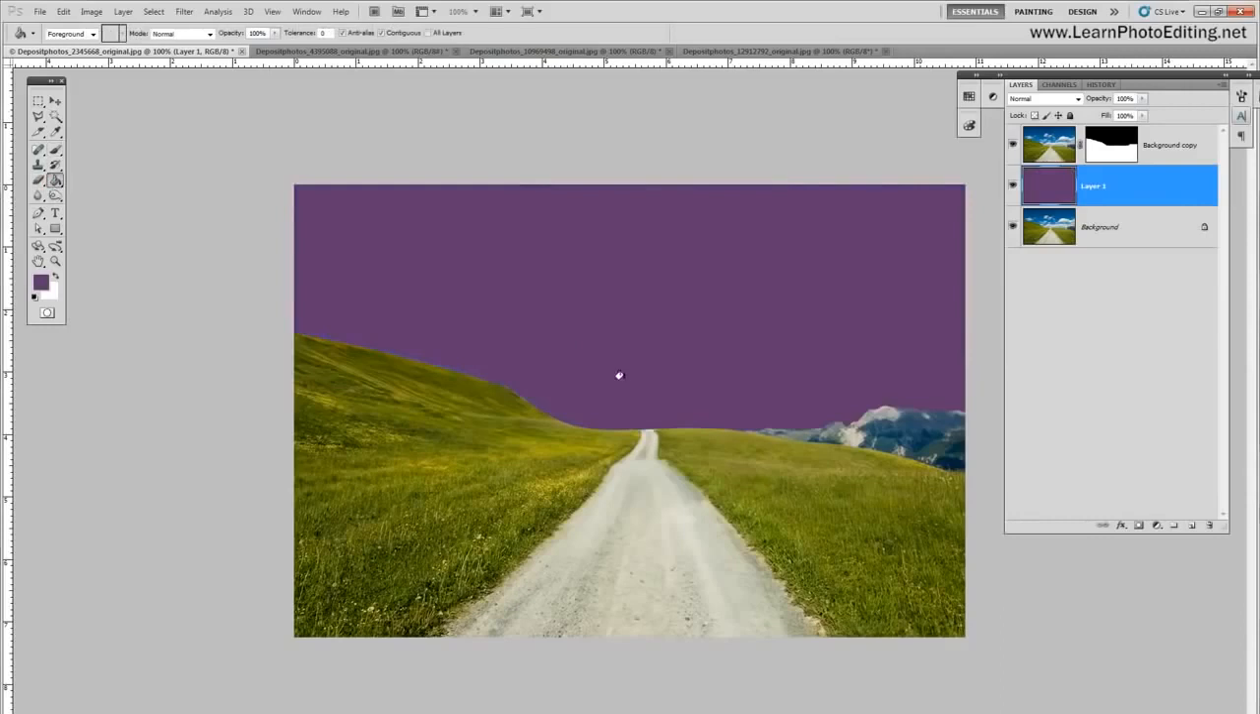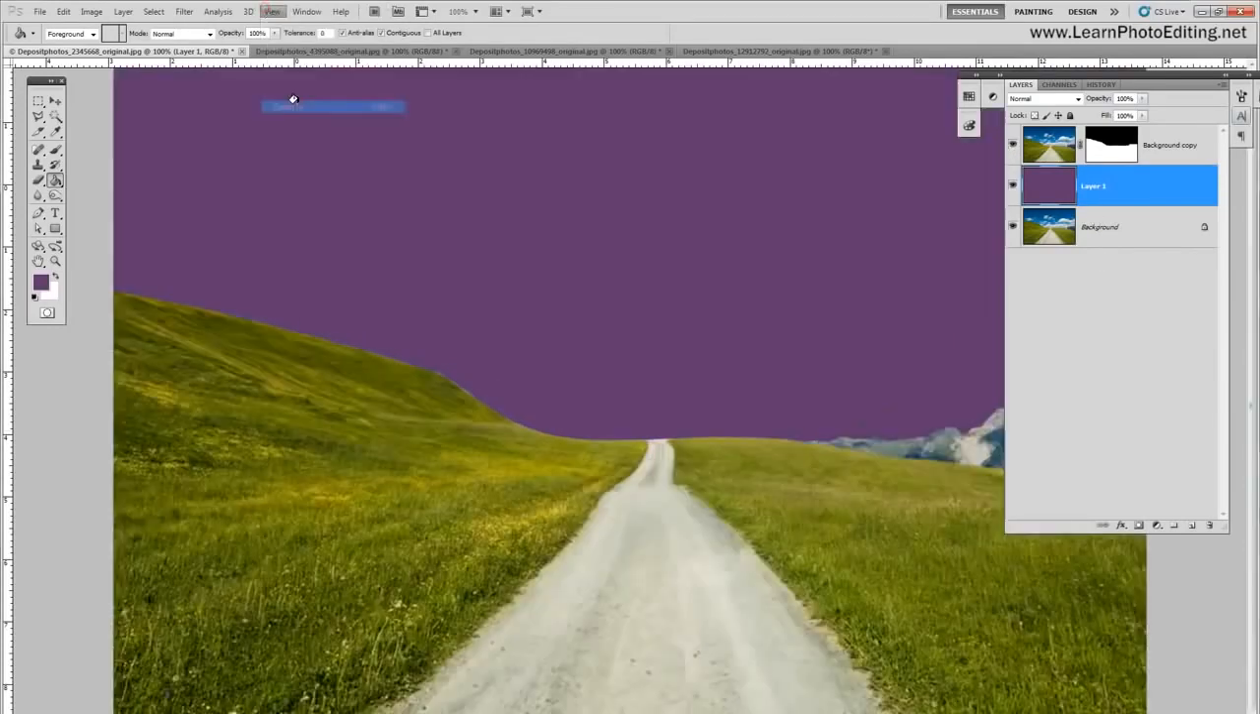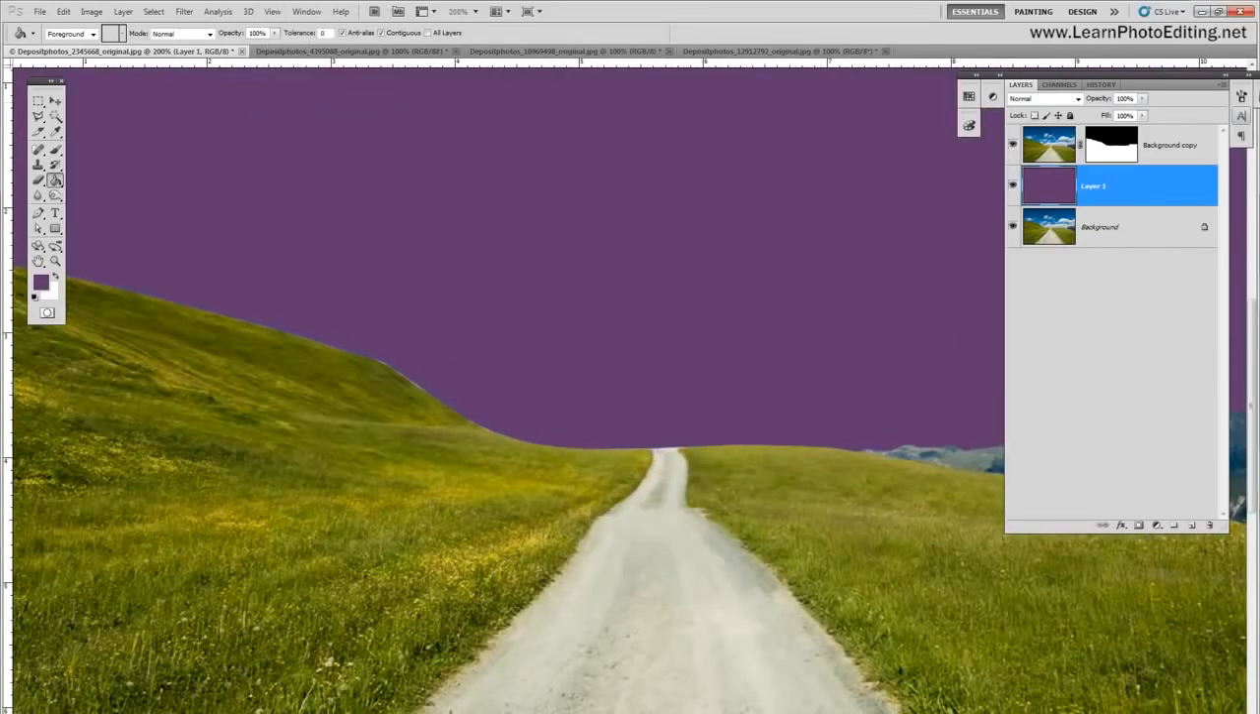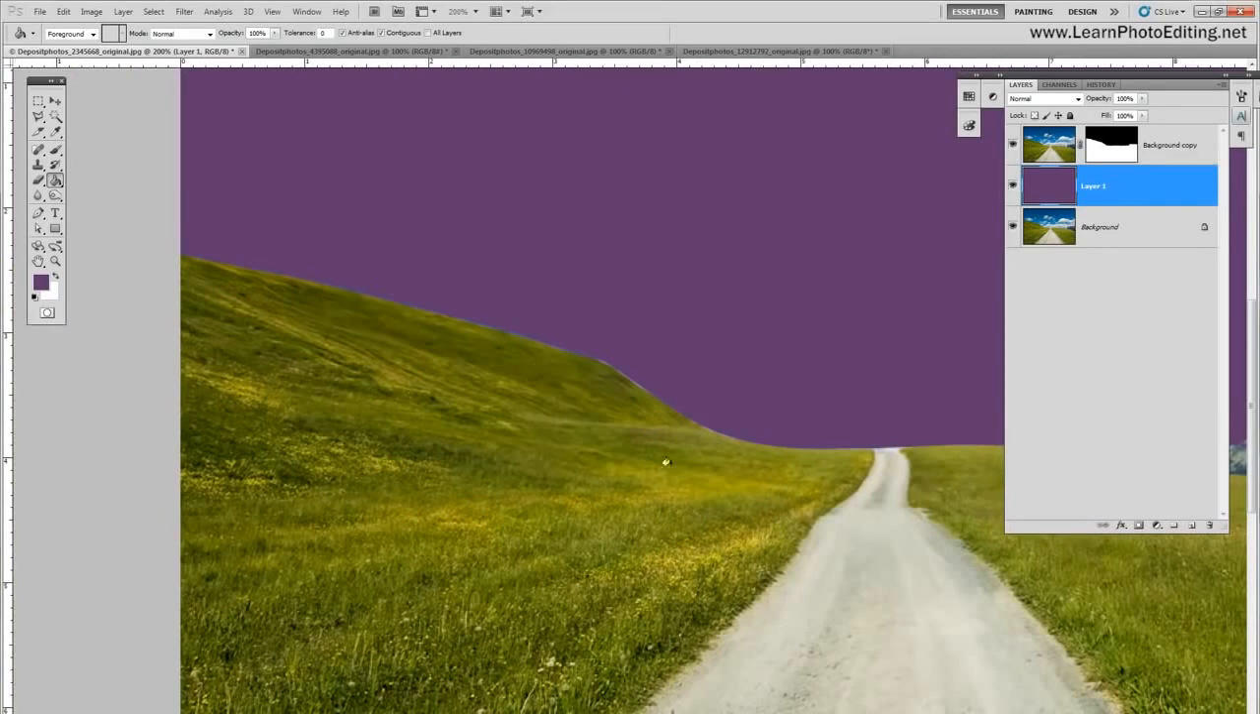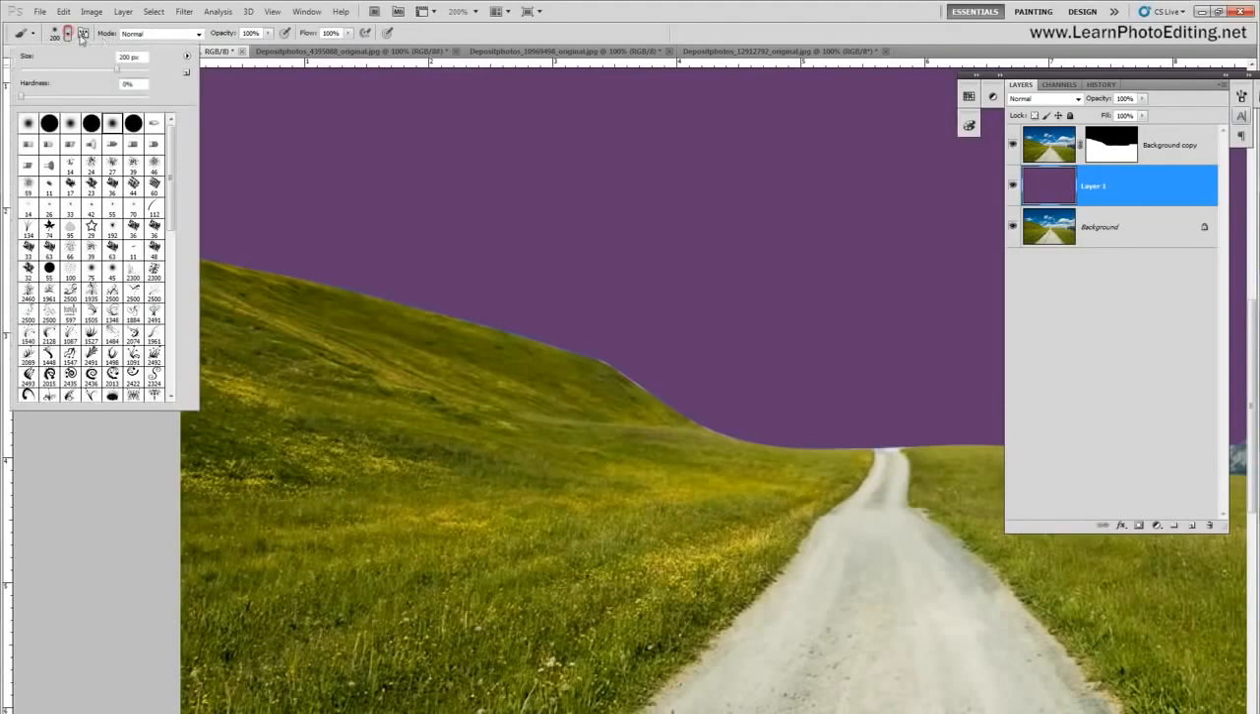And so you can see here, this is the job I have done so far. It needs a bit of work, I think, as you can see. So to fix this, I can simply use